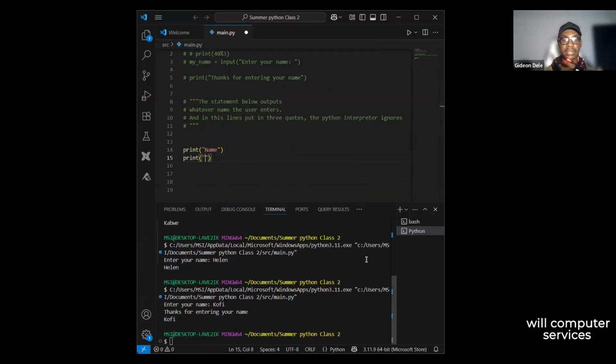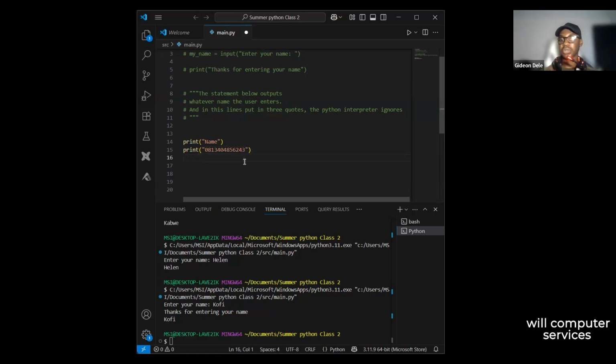A phone number. This is a wrong phone number, I don't know, I'm just putting a phone number. But let's say we want to put a phone number. Since I don't expect any numerical operation to be done on a phone number, it will make sense for me to pass it as a string. You all agree with me, right? I'm just trying to show you different things that can pass as a string in Python. And even age, if you are not looking to do any numerical operation on age,